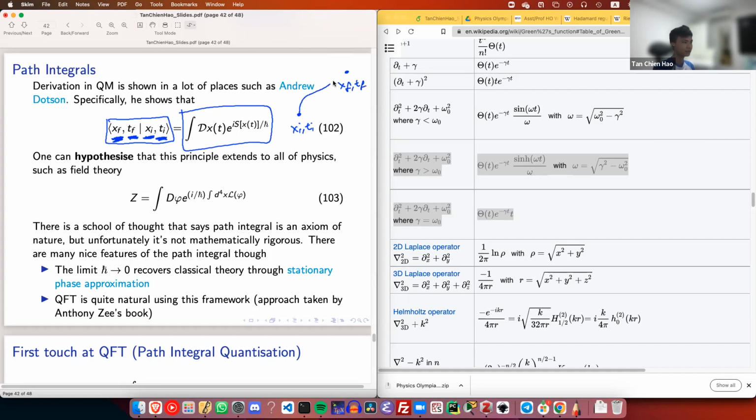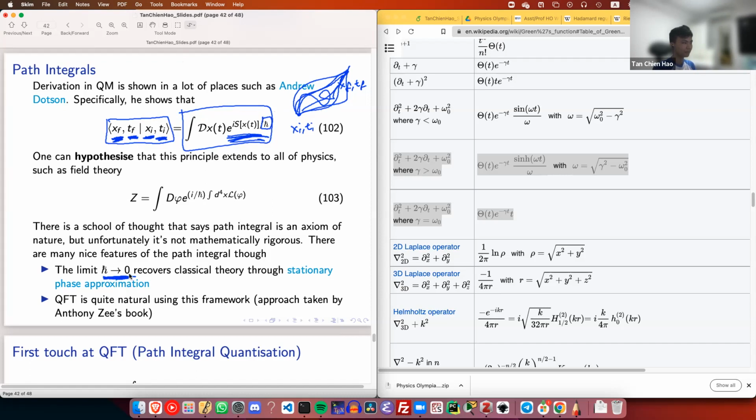You actually consider all paths, and all the wild kinds of paths that you can create. For each one of them, you weight it with e to the i S, where S is the action of that path. And then that gives you your amplitude. One nice thing is that you see the h bar over here. In the limit that h bar goes to 0, which is basically the classical limit,